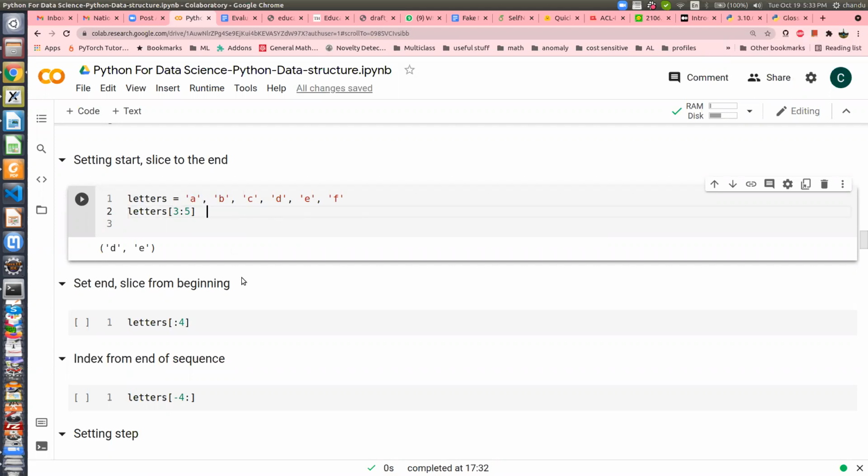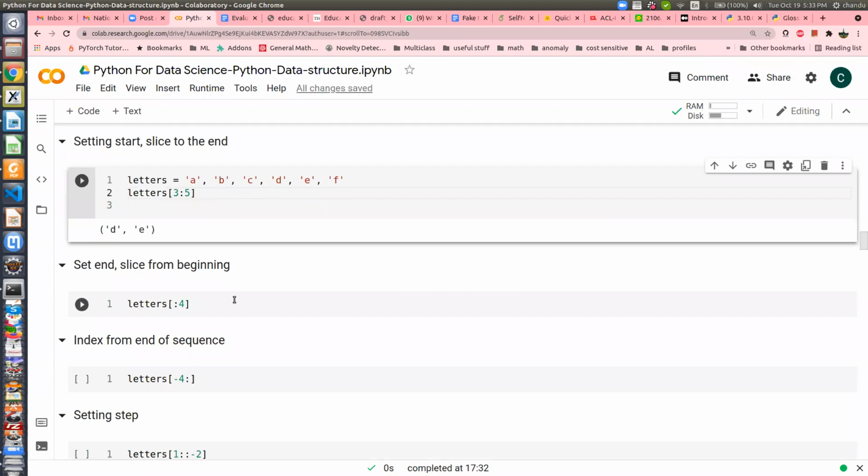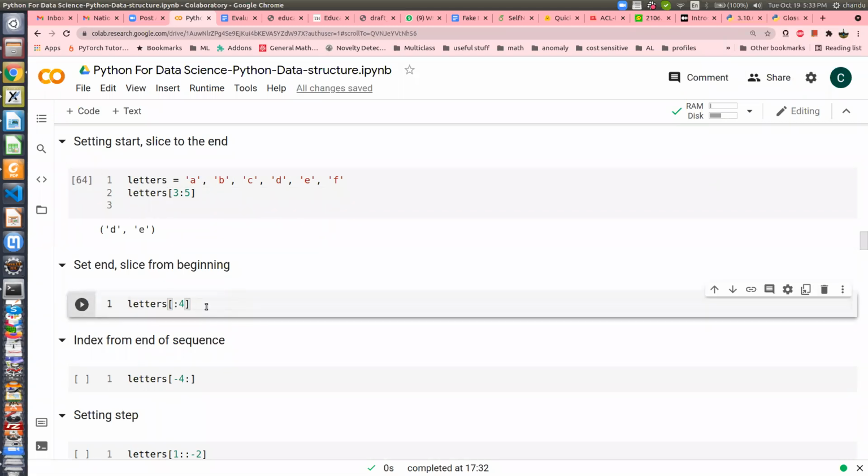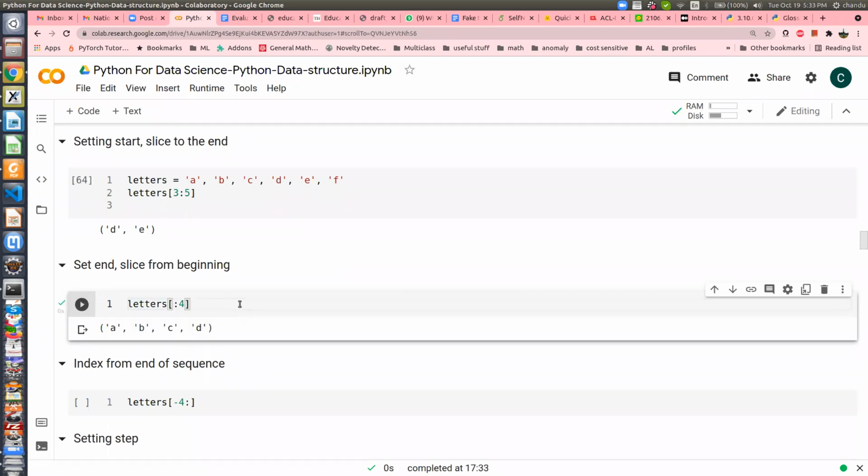Now, slicing from the beginning. You can also omit the start location. If you don't specify the start location, slicing will start from the beginning. Here I am not mentioning the start location, so it will start slicing from the very beginning of this tuple. So it sliced A, B, C, D, right?